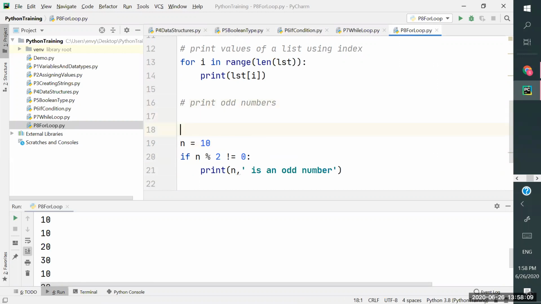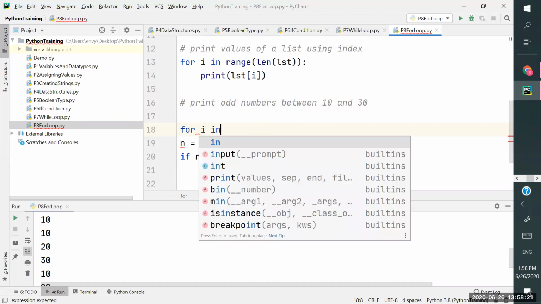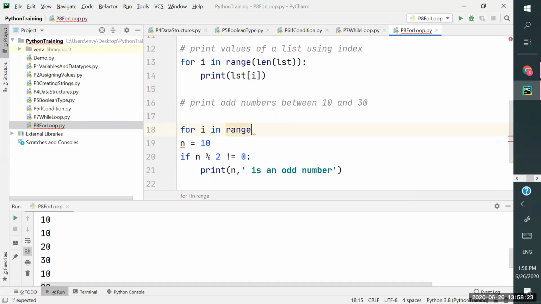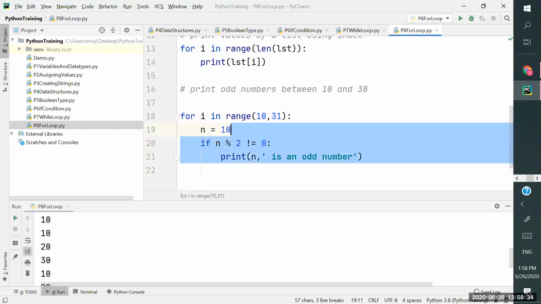So let's say print odd numbers between 10 and 30. Now I will specify a for loop starting from range 10 and 31, so it is going to navigate till 30, and I must make sure that this is part of this one. That's it. So select lines and then press tab.